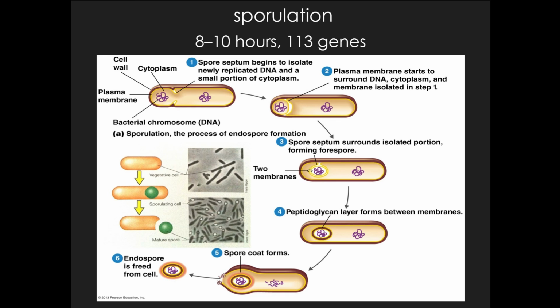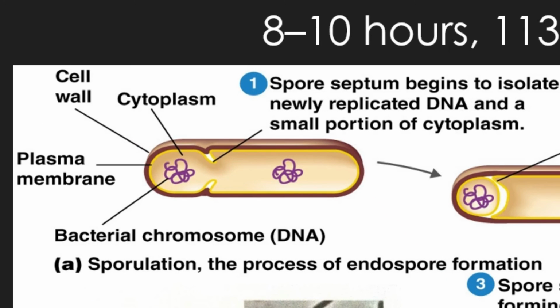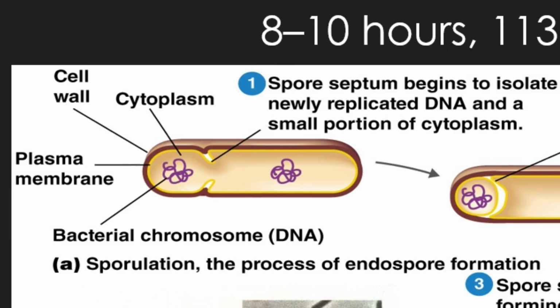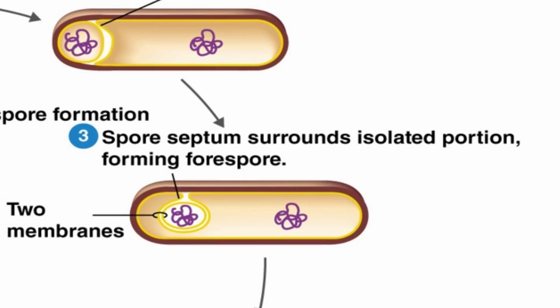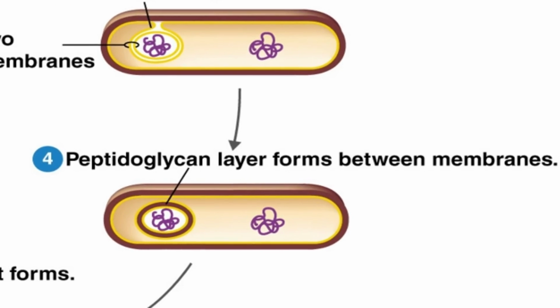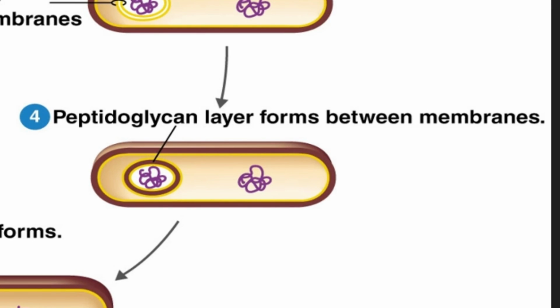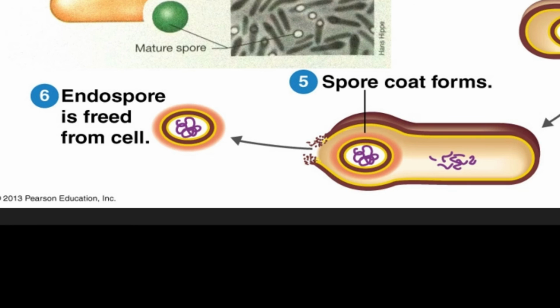And it starts with, as you can see from number 1 at the top here, the cell making a second copy, a new copy of its DNA, and then sequestering that DNA in a very small portion of the cytoplasm, right? So it gets rid of a lot of the water, and it's very dehydrated, and then it starts surrounding the DNA in a membrane, and then it forms a septum around a second membrane, and then it fills that space between the membranes with peptidoglycan, and then a spore coat forms around the peptidoglycan membrane,